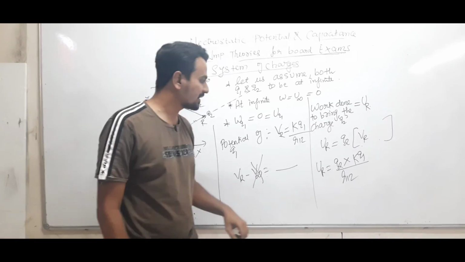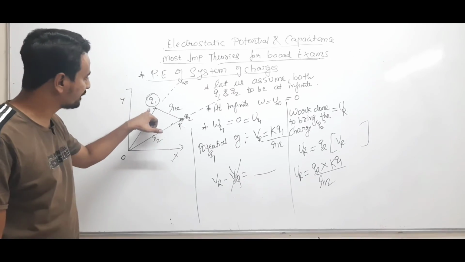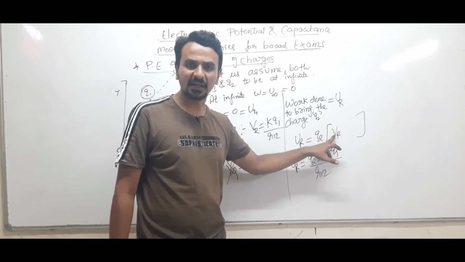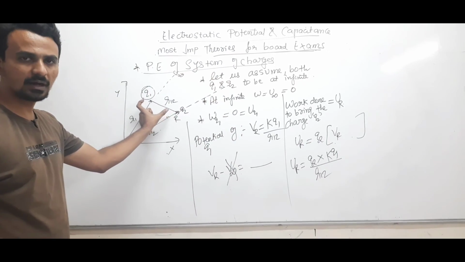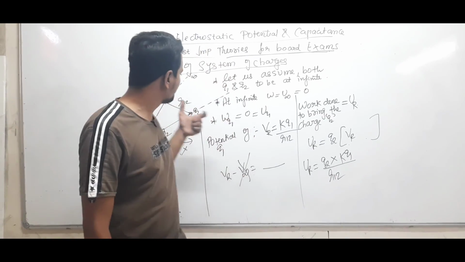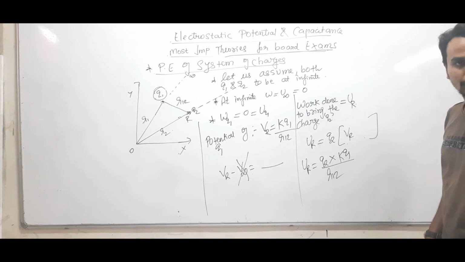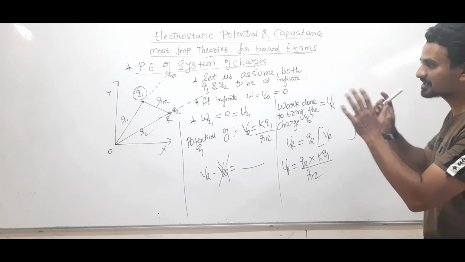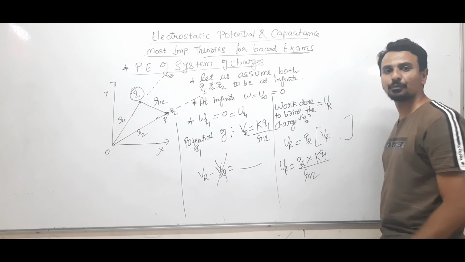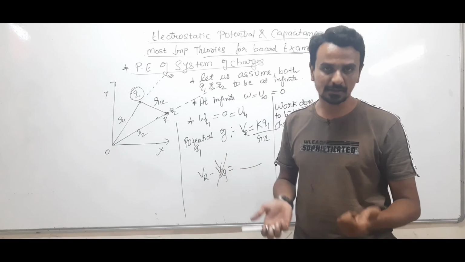Clear? So potential energy is the charge multiplied by the potential produced by the first charge at r. So q2 into the potential of a point charge, which is kq by r, where r12 is the distance, so kq1 by r12. So the potential energy of these two charges will be kq1q2 by r12. So for the system of two charges, the total potential energy will be kq1q2 by r12, because the first charge is not having any potential energy stored in it.